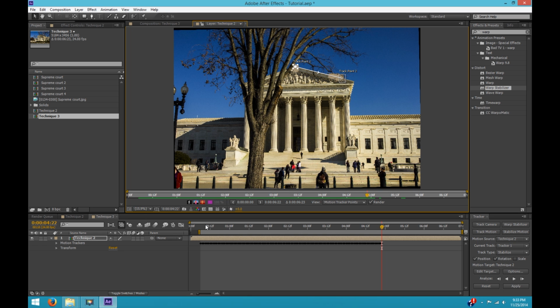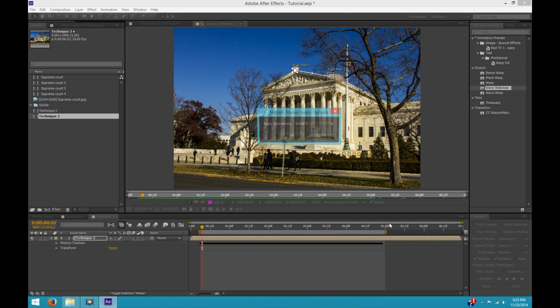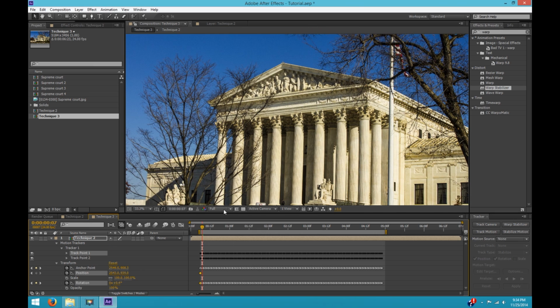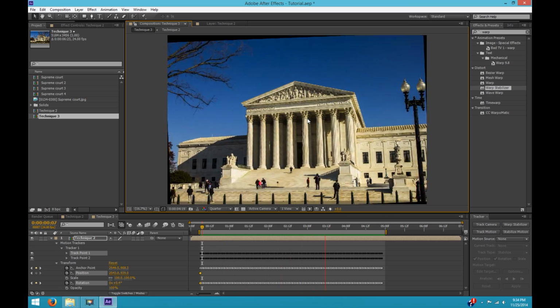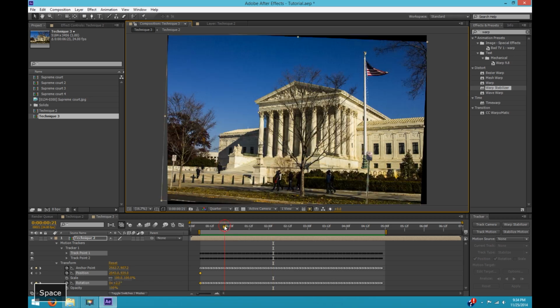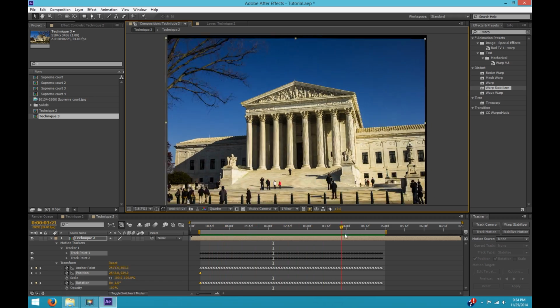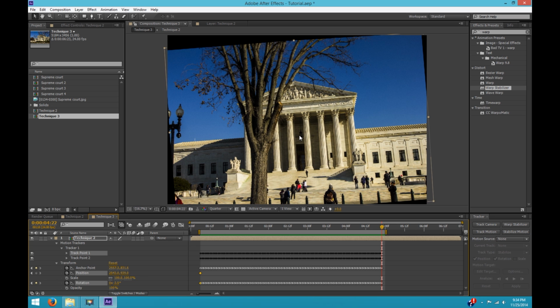Okay, so I've got a bunch of tracking points on here, and I'm just going to apply this to X and Y direction, and we'll see what it looks like. So as you can see, it's pretty well stabilized, but the further along you go, by the time you get to the end, this image is pretty crooked. It's obviously nowhere near straight.